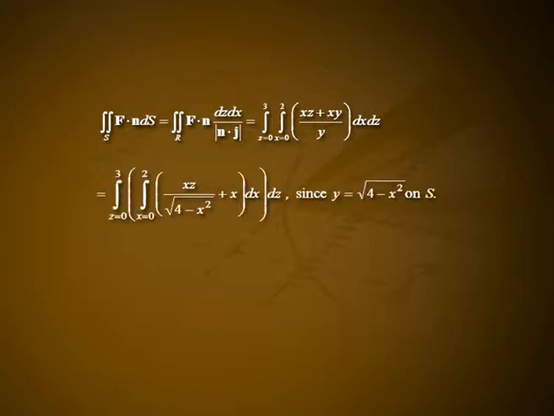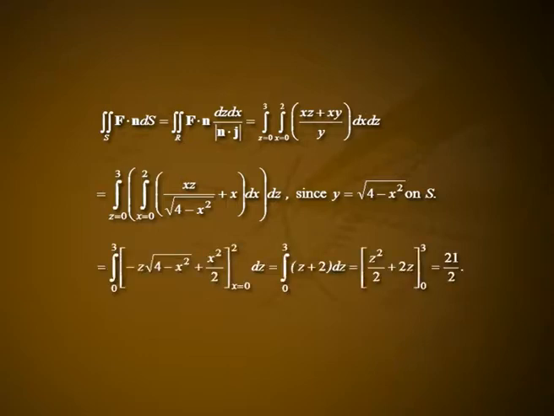Therefore, the double integral over S of F dot n dS is equal to the double integral over R of F dot n dx dz by the determinant of n dot j, which is equal to the integral z from 0 to 3, integral x from 0 to 2, of (xz plus xy) by y dx dz, which is equal to the integral z from 0 to 3, integral x from 0 to 2, of xz by root of 4 minus x square plus x dx dz, since y is equal to the square root of 4 minus x square on S,